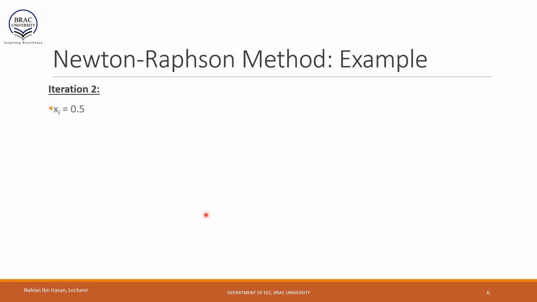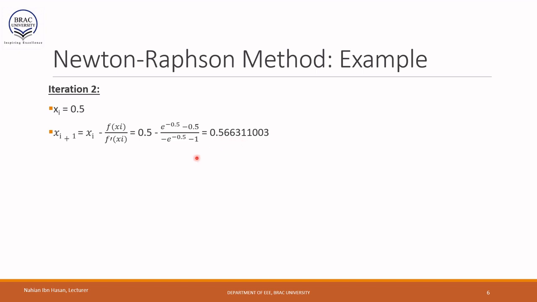In iteration 2, we are given the first initial approximation, which is 0.5. We got this value from the first iteration. Okay, this is the approximation of the root from the first iteration. So in iteration 2, we are going to use this value as our initial assumption. So if we calculate from the Newton-Raphson formula, we get the value of our new approximation of the root, which is